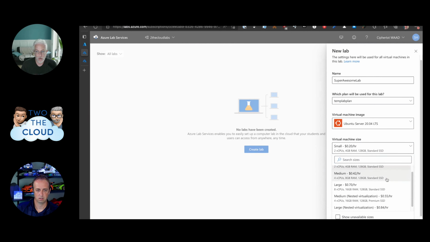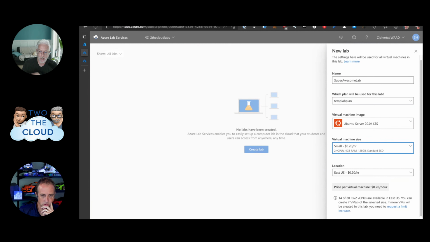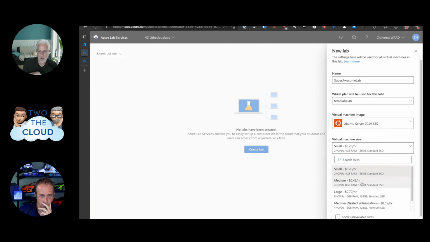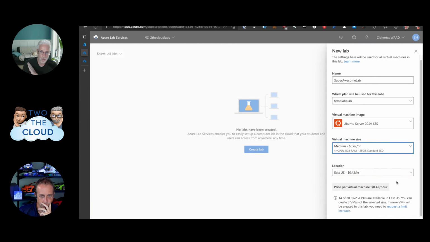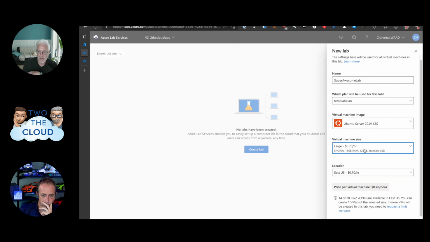Now, here's all my virtual machine sizes. Again, there was no place for me to select VM sizes in the Azure portal. Oh, interesting. So these are all time based. I think this is an F series. Yeah, this is an FSv2. So you're coming in and you're saying, okay, basically, how much do I want to pay per hour to have that thing running?